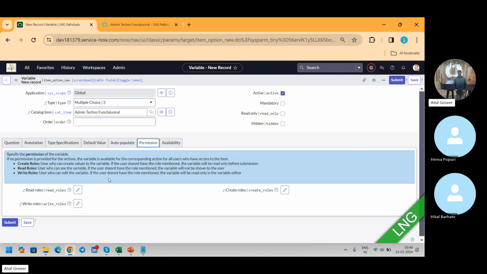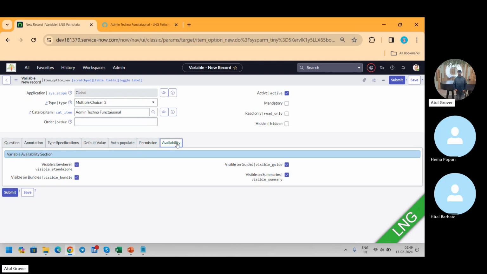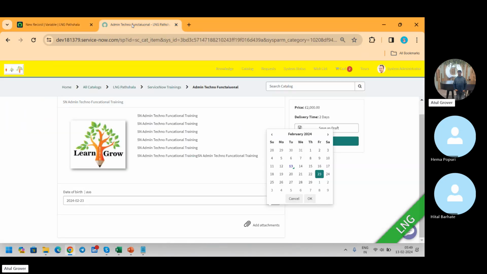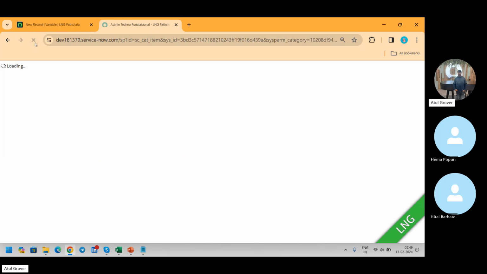Okay, then availability, where I can see this variable. This will be visible on the guides, on the summary, in the bundle, or elsewhere. Practically speaking, I have no idea about this thing. By default it's all tick box. Okay, now if I click on save, because the choice is done, but we have to enter the choice value as well. Now if you come back here and let's say I reload this page,